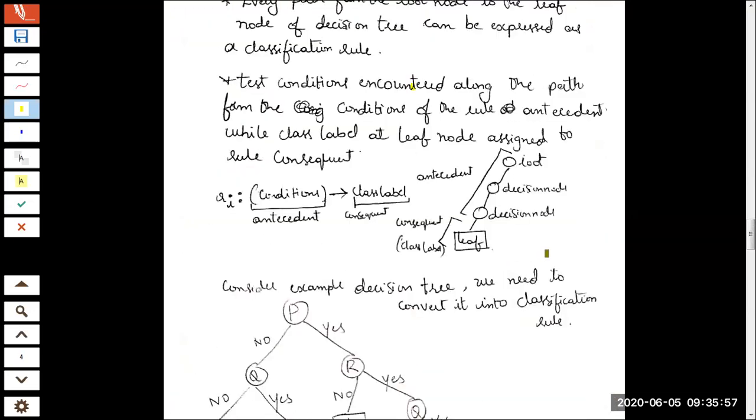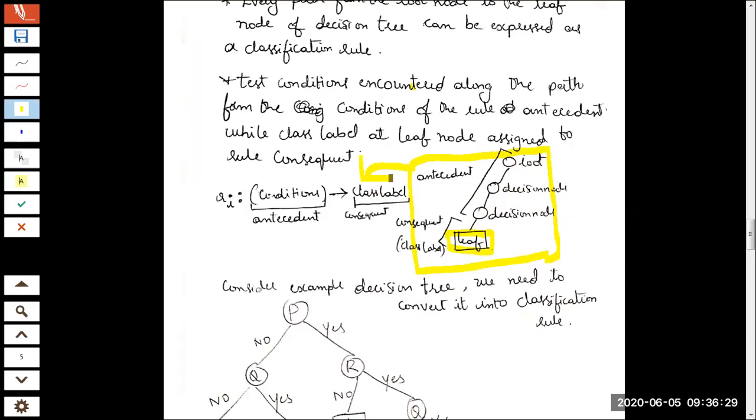So this is the decision tree. You know the whole story about the decision tree. I do not want to repeat it. Just a recap. We have a root node. A crucial attribute in the training record will become the root node. Further, we have decision nodes or intermediary nodes, and finally, the last node will be the leaf node, which is nothing but the class label. Now, our objective is this decision tree should be converted into a rule. See, this is what you need to do here.